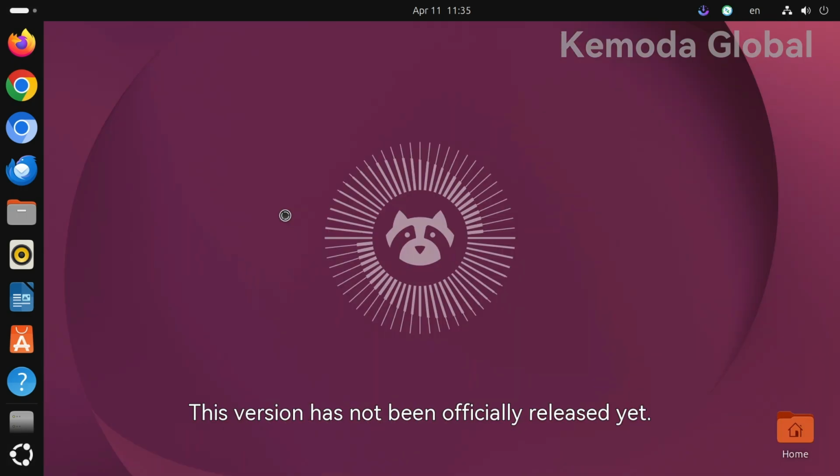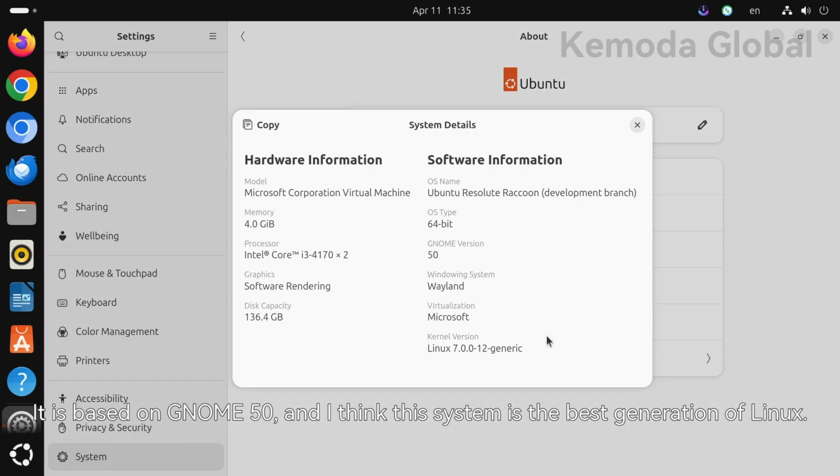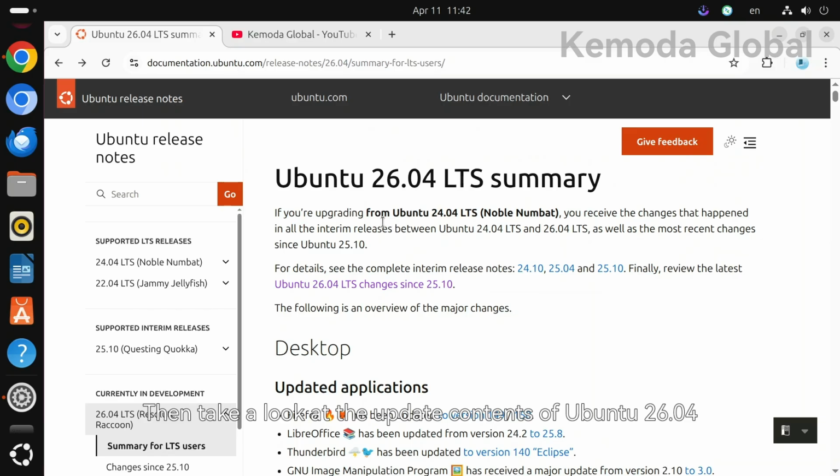This version has not been officially released yet. It is based on GNOME 50, and I think this system is the best generation of Linux. Then take a look at the update contents of Ubuntu